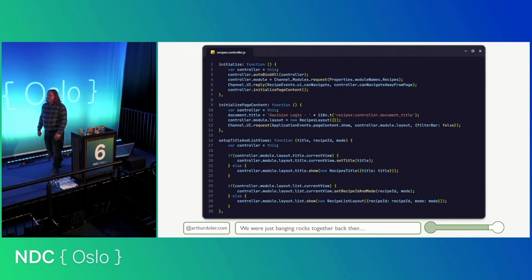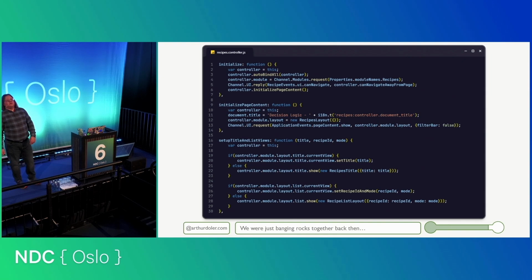So, as an example, I would like to prove how old I am. This is Backbone Marionette code. If you look at this with a modern JavaScript eye, it looks awful. There's all kinds of weird things. One, we're using "this." That's not great anymore. That's not the style. We're using all of those nested dots on the controller, and then referencing it over and over again.